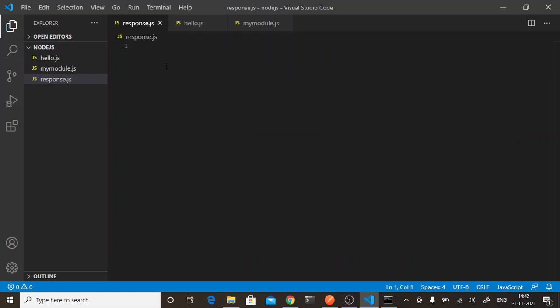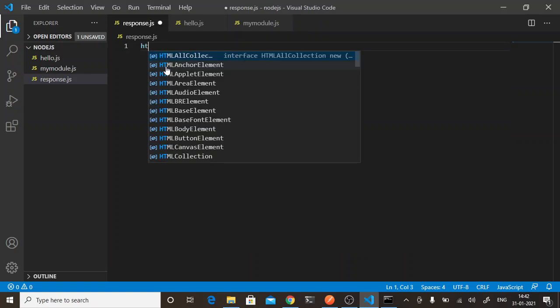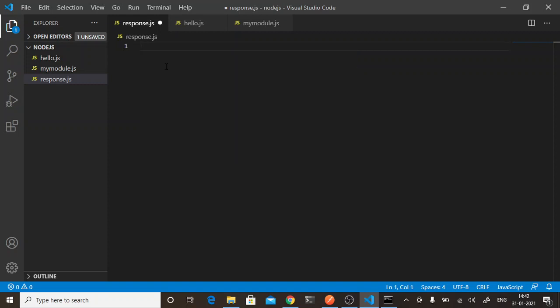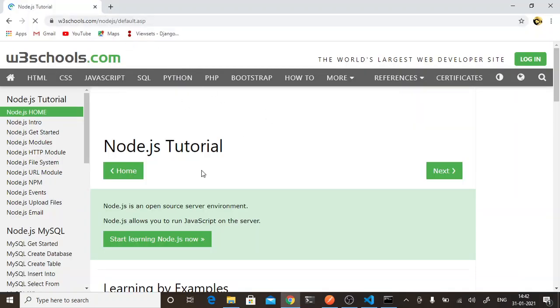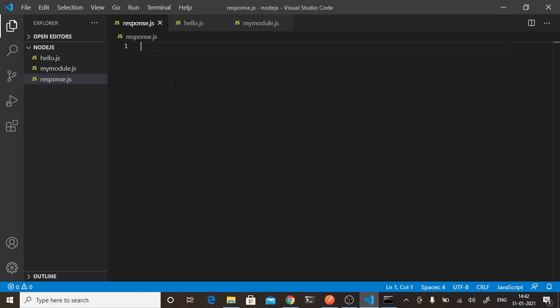So first thing we'll be requiring is a predefined module which we can import for showing a response in your browser, that is HTTP.